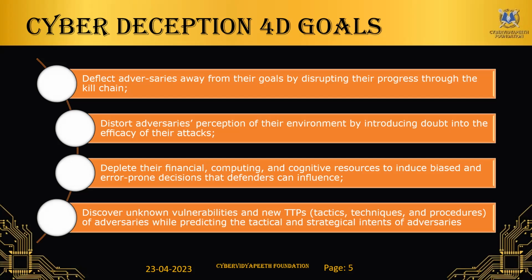The third one was the most important one, particularly for advanced persistent threats. If you have created a good deception strategy and keep them hanging on for months and years together, possibly you are depleting their financial or cognitive resources, and many times the adversary will go away, or they will expose something which is more critical or more valuable to the defender community.